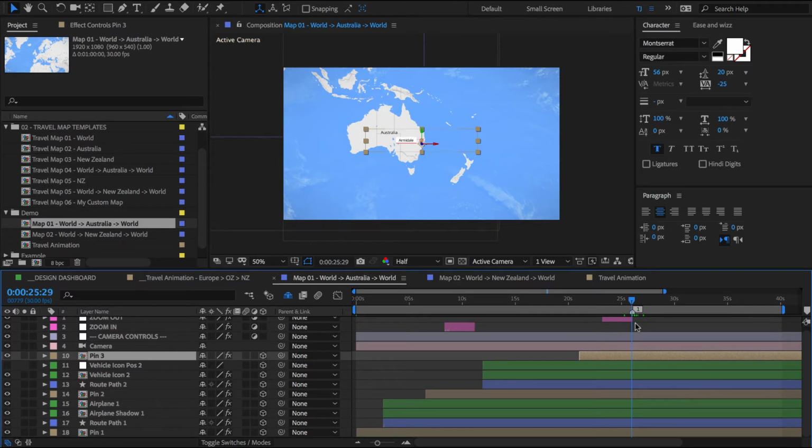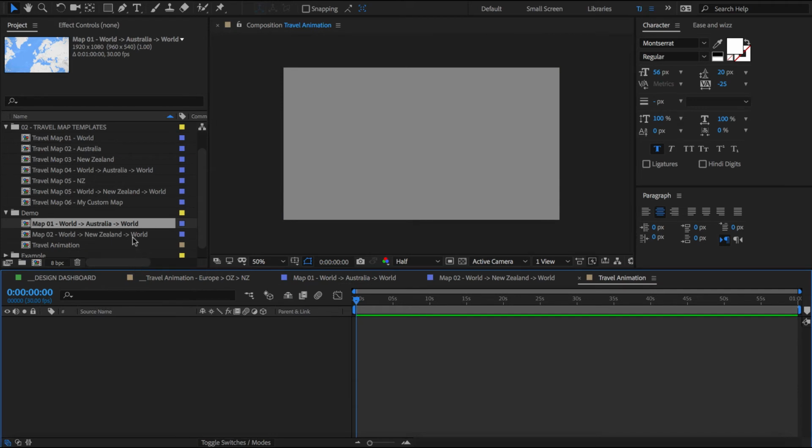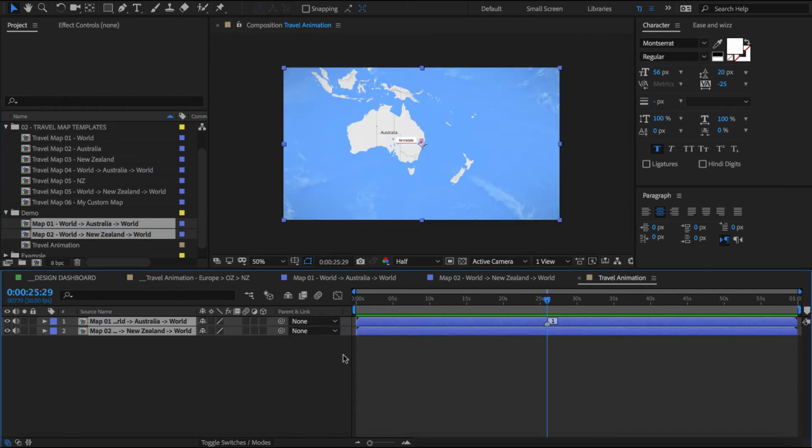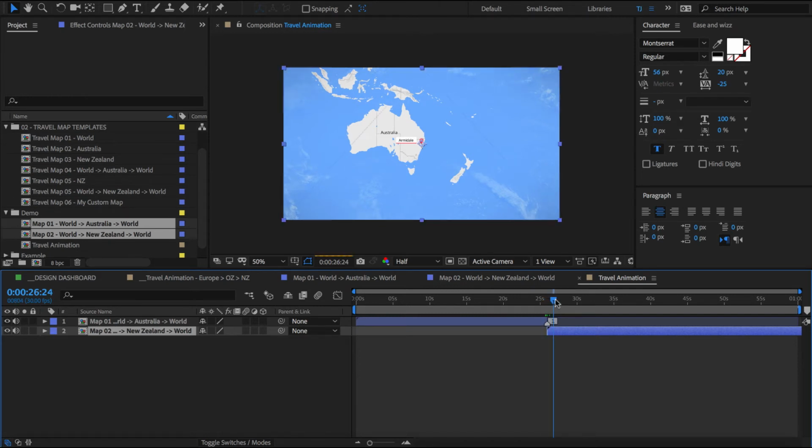Now I go back to my travel animation comp and I'm going to drop in these two guys here. And as you can see, my marker tells me where I need to create the cut. I trim the first comp here, and I'm going to adjust our New Zealand animation so that it starts where the first one ends. And if I scrub through the timeline, I can see that our two maps are now